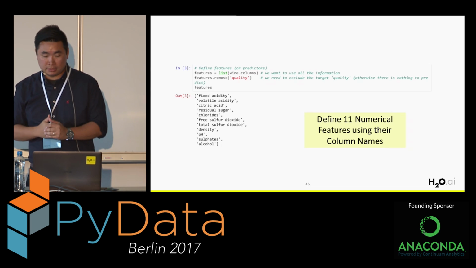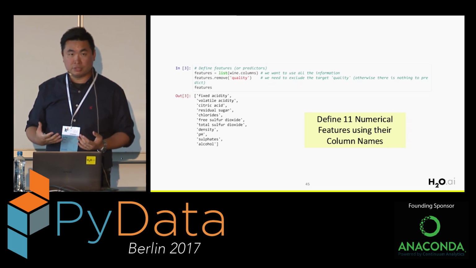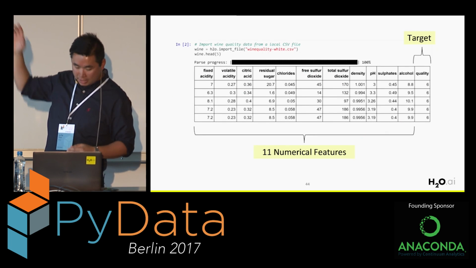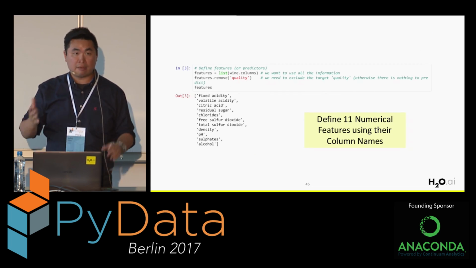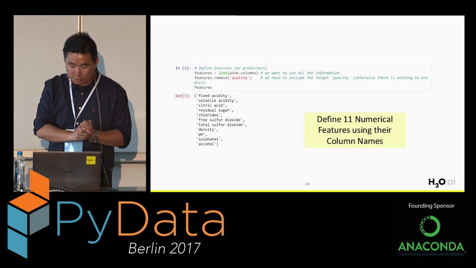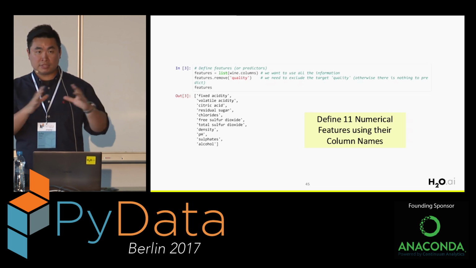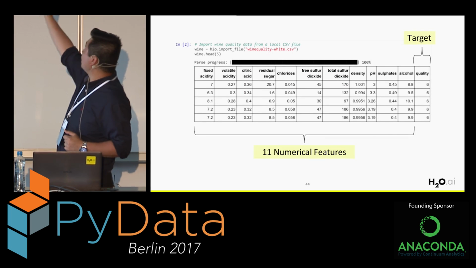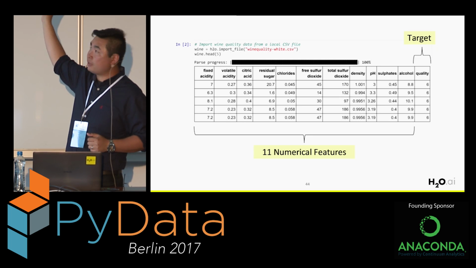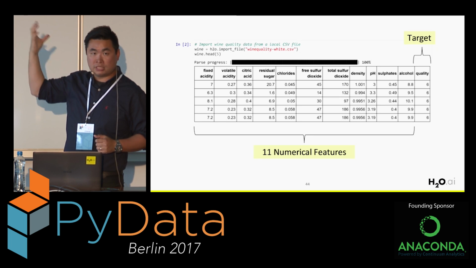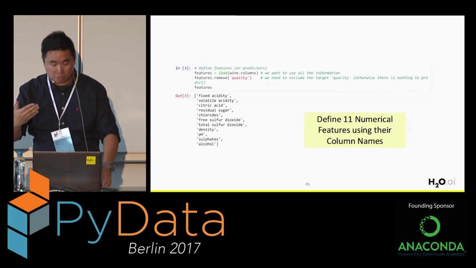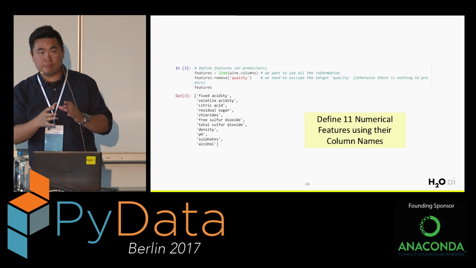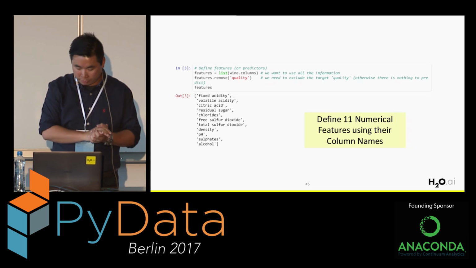Okay, so first of all, in a machine learning task, you need to define the features. The features are what we saw before, the 11 features on the left-hand side. So in H2O, you need to tell it that you want to use all these features. You can use all the names of that data frame, excluding the last one, the quality column. If I exclude the quality column, the rest will be the features that I want to use in the modeling exercise. So this is the code that I use. At the end, you have a simple list telling you the column names of the features that I want to use in this model.